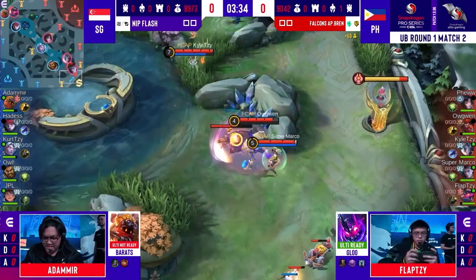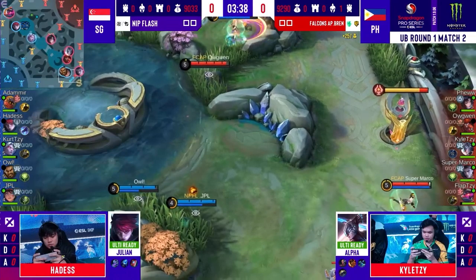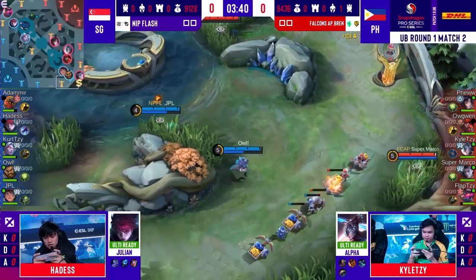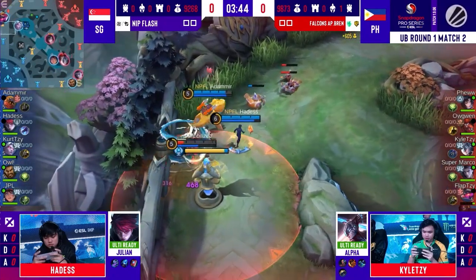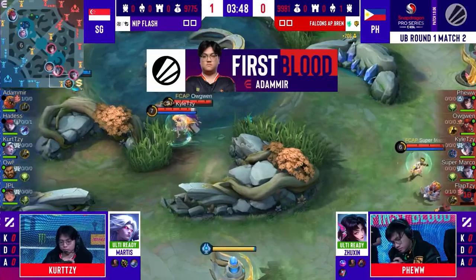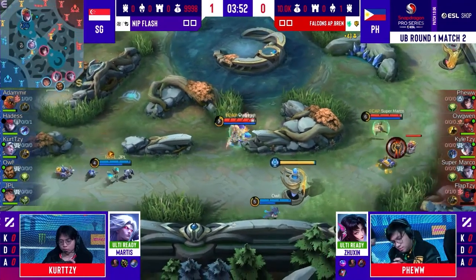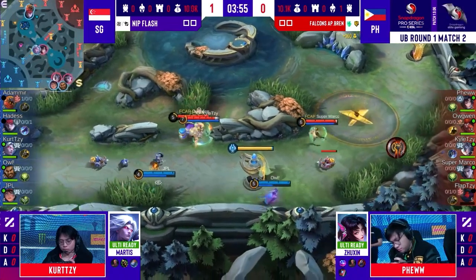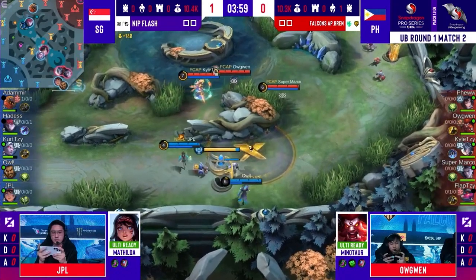But we did get a taste of what FCAP's overall composition wants to do. They want to really drag out these fights and really force NIP Flash in a position where they don't have the resources to make it happen. But here on that top side, we do finally find first blood as Adamir gets a nice Daytona's welcome to set it up, but it cost him his flicker. They're really focusing on Adamir, probably because Adamir is the one on the hard sustain side for NIP